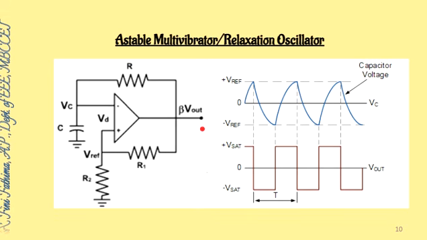So in the negative state, what happens is, now the output is at minus VSAT, so the reference voltage changes to minus VSAT. Okay, minus beta VSAT, that is minus R2 divided by R1 plus R2 into VSAT, or V reference becomes minus beta VSAT. Now the output will continue to be in minus VSAT until my inverting terminal becomes more negative